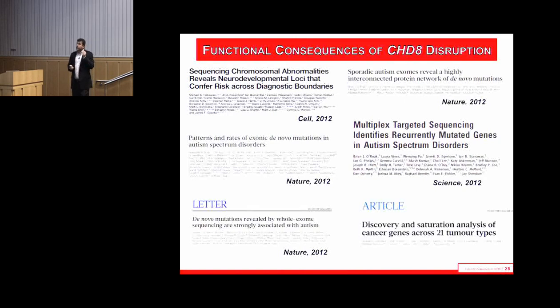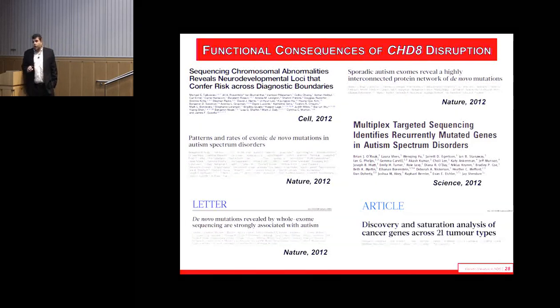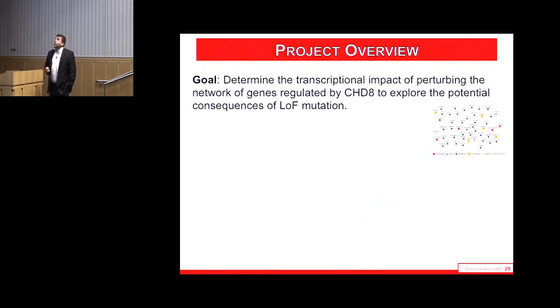Much more recently, there was a study of 21 different tumor types from exome sequencing from the Broad and others, and they found CHD8 as one of the genes disrupted in a pan-cancer analysis from mosaic loss of function mutation. There have also been a couple of other papers suggesting perhaps a role for chromodomain helicases in general, and CHD8 specifically, in cancer. Okay, so the point of this study was, we had this gene that we knew was fairly penetrant.